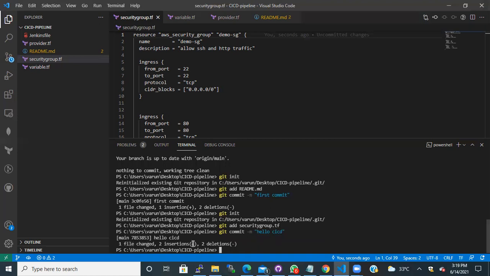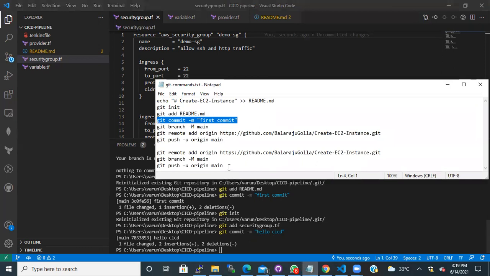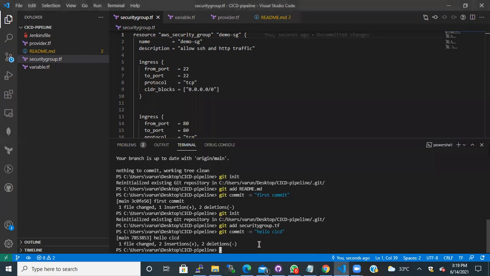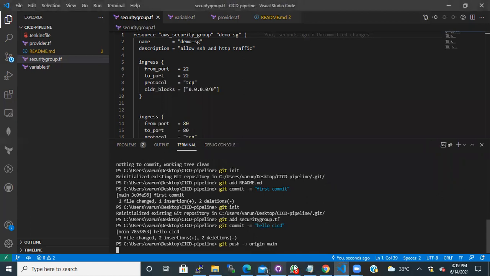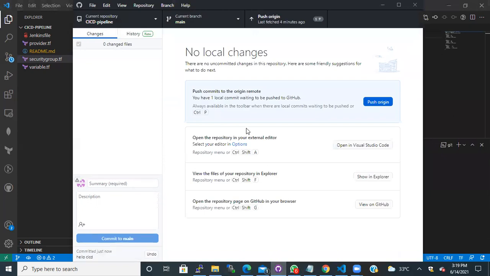And it is two places where I have inserted security group SG, and we have no deletes, right? So now I'll simply execute this command. I don't need to add this, as I mentioned. Git push. As soon as I do that, it is gone.